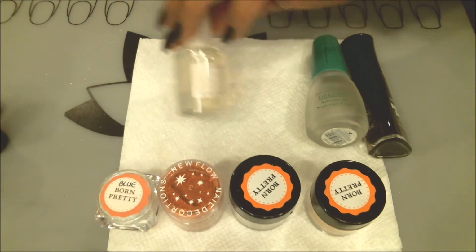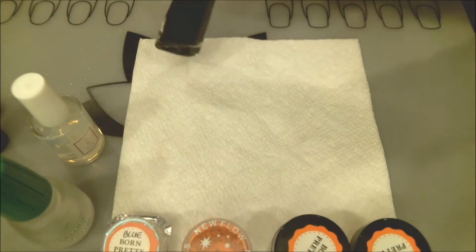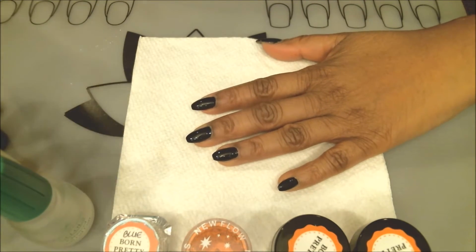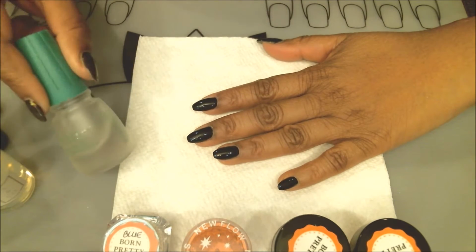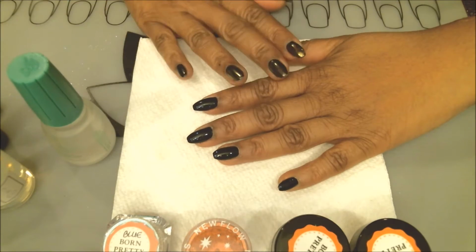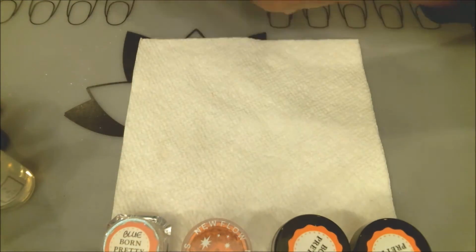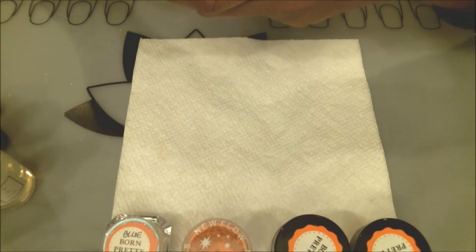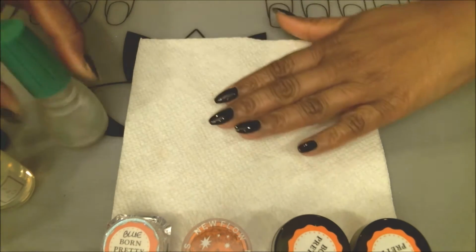So just to let you guys know, I've polished my nails already with the black Insta Dry nail polish, and just to let you see that I'm actually doing this and you know that I didn't do something other than what I'm telling you, I am going to go ahead and apply the Jealous top coat. Now these two I've already coated with the Jealous top coat, so I'm gonna do these three now, and we'll go ahead and let that dry properly, which is going to take about 15 minutes,